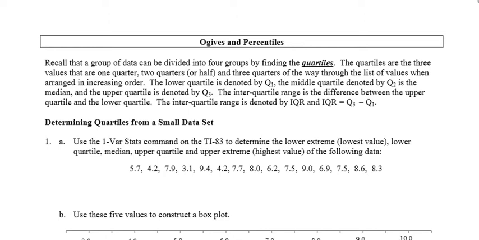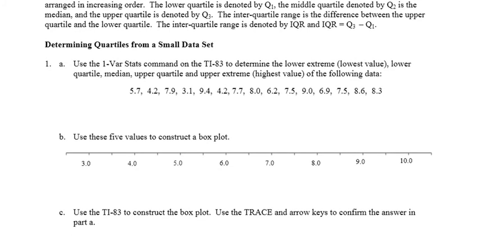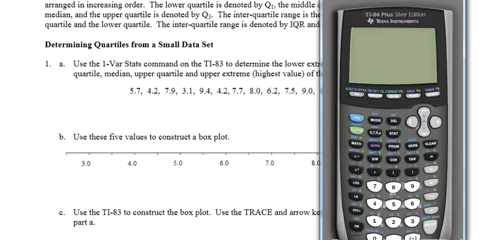Now, if we have a small set of data, we can use the 1-Var Stats command on the TI-83 or 84 to determine the lower extreme, quartiles, etc., right? So it saves you having to put these in order by hand. So I'm going to go 2nd Mem 4, clear all lists, go to Stat, Edit, and enter these values into L1,